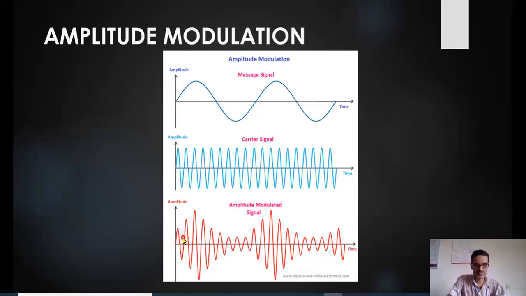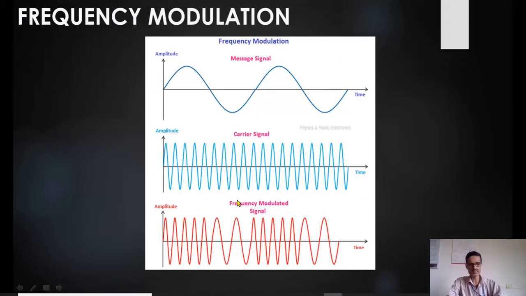The amplitude of this signal is not constant; it is continuously changing, proportional to the amplitude of the message signal. As the amplitude of the message signal is changing, increasing, maybe decreasing, again increasing over here, proportional to that, if I touch the peak of all the signals, it gives you the envelope of your message signal. So as the amplitude of the message signal changes, the amplitude of the carrier is also changing. This is the carrier signal because the frequency of the signal is the same. We are not going to change the frequency and the phase of this carrier, but only the amplitude of the carrier is changed proportional to the amplitude of the message signal.